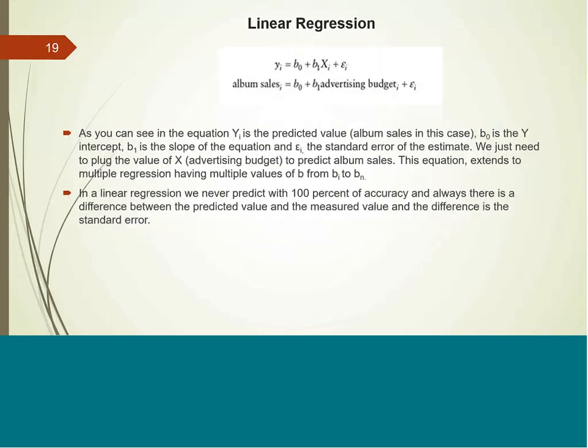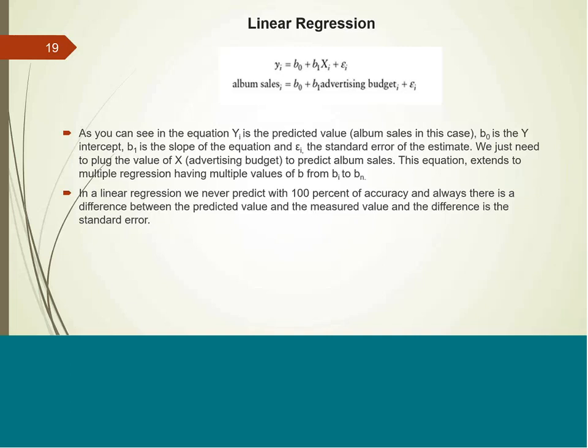So let's look at this one. That's the equation: Y subscript i equals B0 plus B1 X1 plus the error. So let's see in the equation, Y subscript i is the predicted value, album sales in this case. B subscript 0 is the y-intercept, meaning when x is 0. B subscript 1 is the slope of the equation, and E subscript i is the standard error of the estimate,